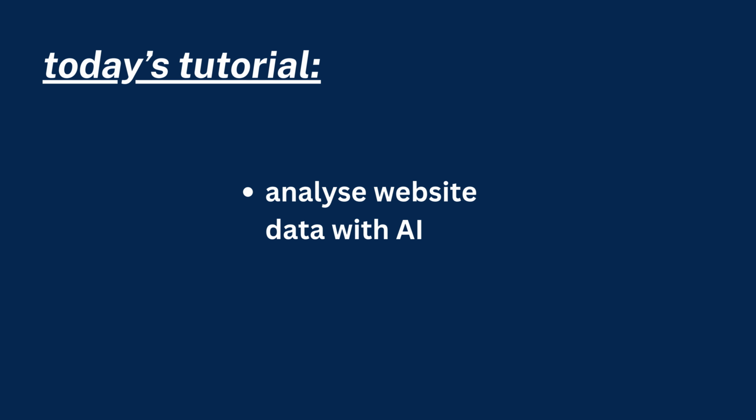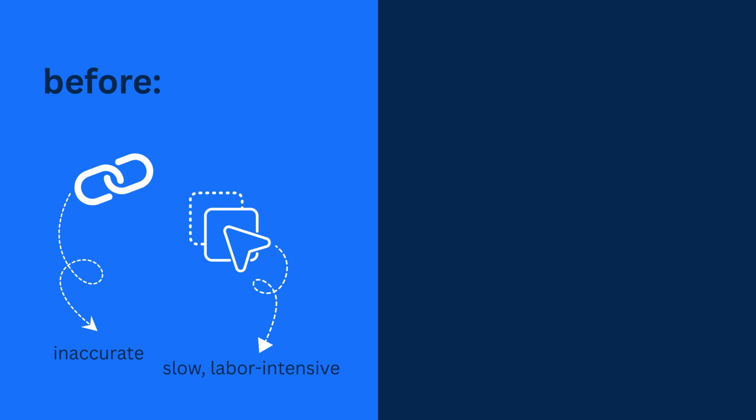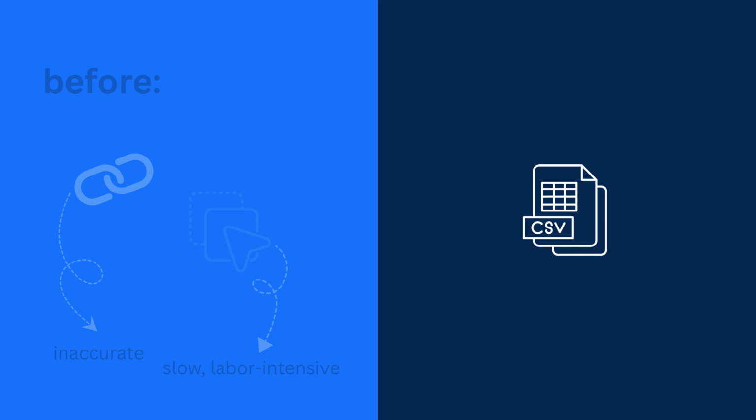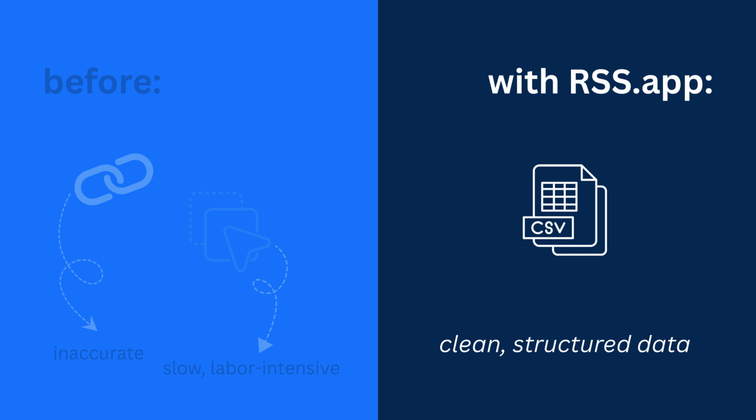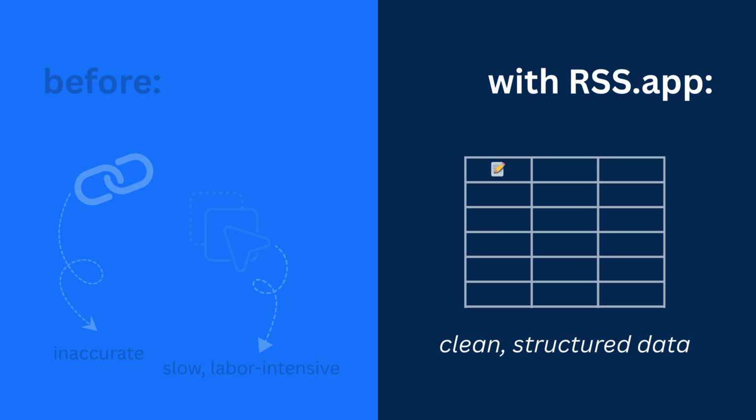Want a more reliable way to analyze website data with AI? Instead of pasting a URL into ChatGPT and hoping it reads the page correctly, or copying content manually and taking screenshots, you can extract structured data and run prompts on it directly. With RSS.app, you can pull titles, images, and descriptions from any website into a single feed that refreshes automatically as